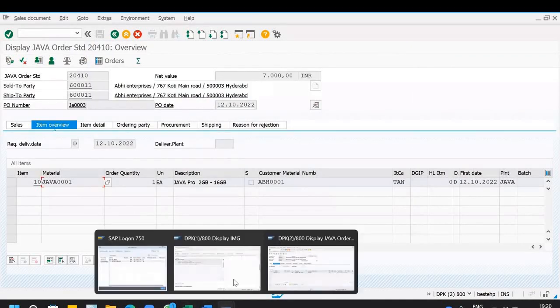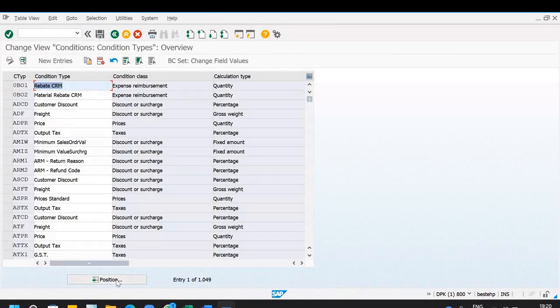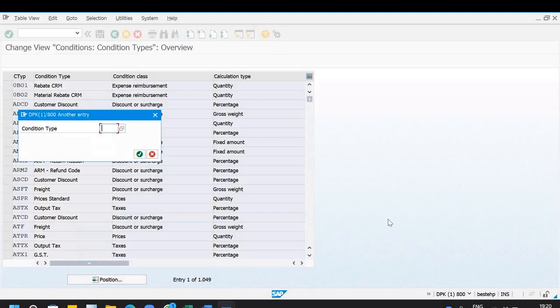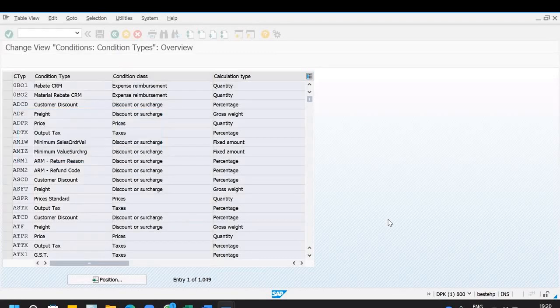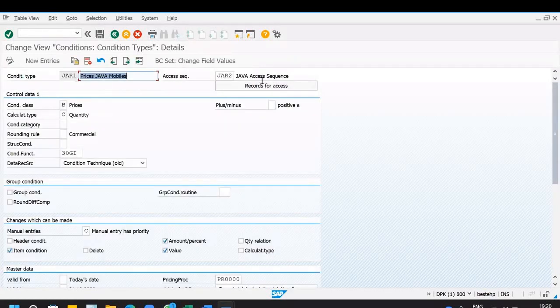So let it be like this. Maintain condition types. Here, whatever pricing condition type we have created ourselves, that is J or 1. Select that particular condition type, and this is the one which requires our complete attention now. We know how we have defined the access sequence and how we have placed the condition tables into this particular access sequence,